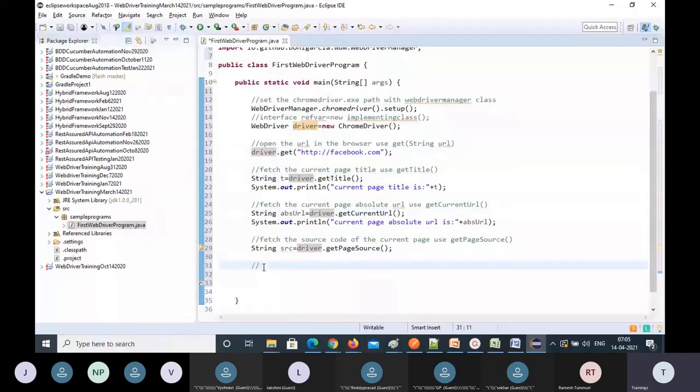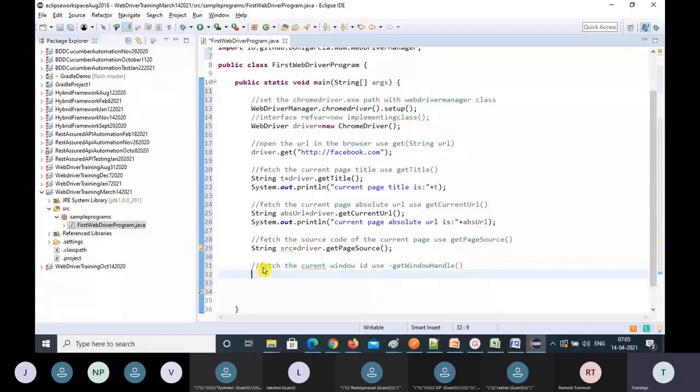Now I want the current window ID. So fetch the current window ID. Every page has one dynamic ID. Use getWindowHandle. It's a very important method you are going to use in pop-ups. If you want to handle pop-ups, first you have to call this method.